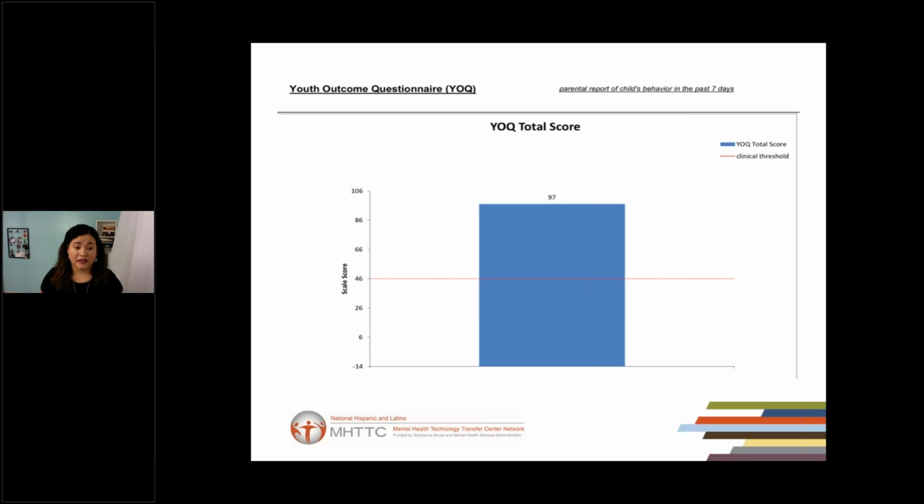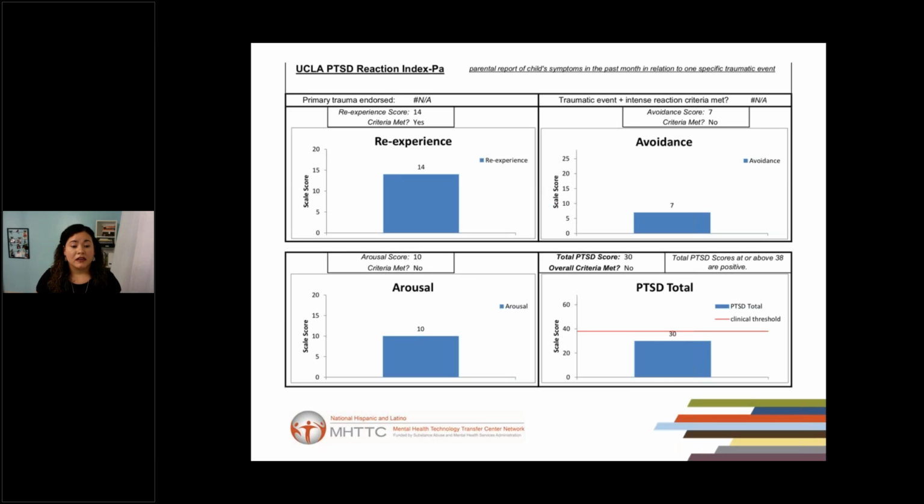We can see the overall score that was 97. That it was really high for this girl. She also experienced some physical abuse by the father. Some of the things that she informed me, that the mom informed me, is like when the father was drunk and gets to the home, sometimes he started kicking her, right? And also the mom. So this also includes physical abuse and emotional abuse.